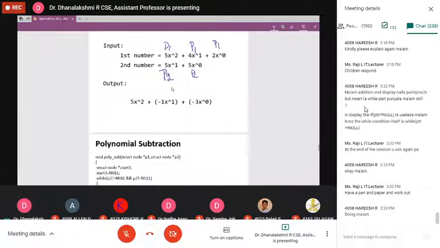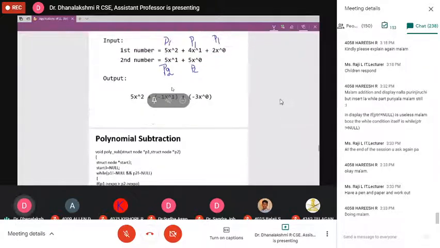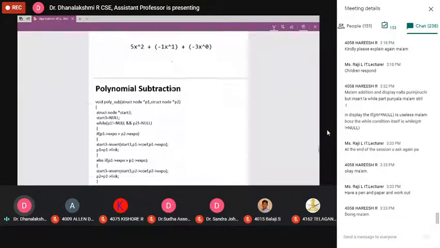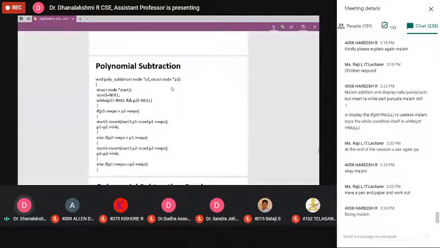Now tell me, everything is common, only one thing changes in that addition routine. Can you tell me where the change is? Only one change in the addition routine. Any one of you, can you tell me? Nitin Reddy, very simple question. This is a question to you, Nitin Reddy, roll number 417, where do we have to change the code in that addition routine? Only one small part is changed.